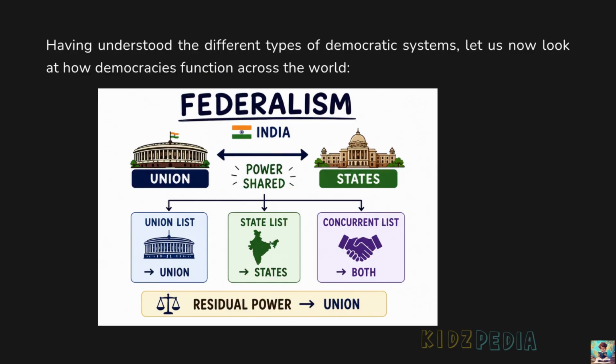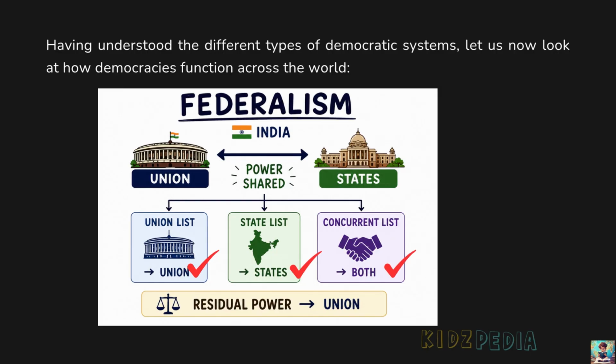India has different levels of government. We have the central government and the state governments. Does the central government take care of everything? No. The Constitution divides different powers and responsibilities between the union government and the state governments. For example, some matters are given to the union government, some matters are given to the state governments, and some matters can be